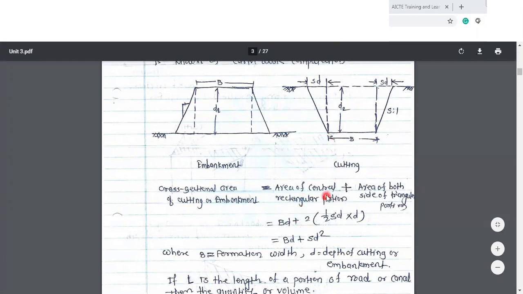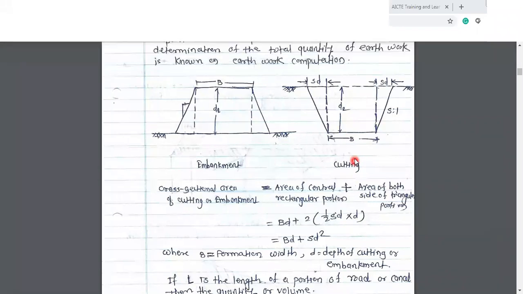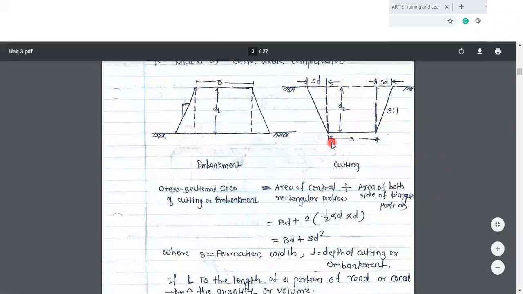So first is nothing but the rectangular portion. Now if you are going to consider the area of this rectangular portion, it is nothing but width multiplied by depth. Okay. So whatever this cutting portion is given, if you are going to calculate the area from the top side, you have some width and some depth. So B into D is the area of the rectangular portion, plus the side portions. There are two side portions, so I am directly taking 2 into the area of the triangular portion, that is 1/2 into B into D square, whatever notations are used.